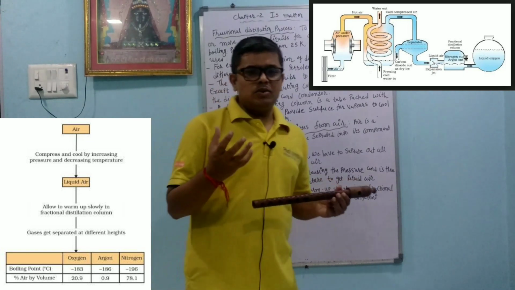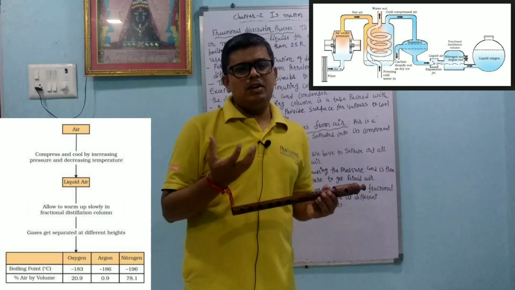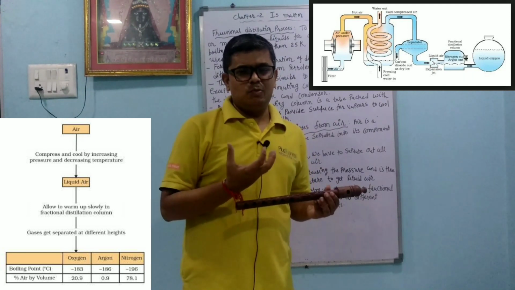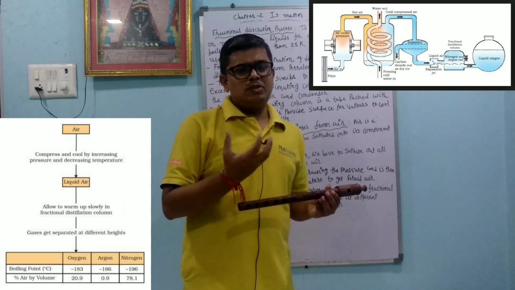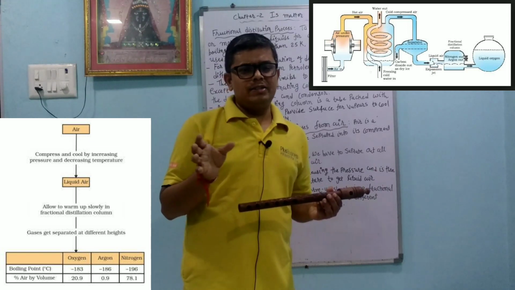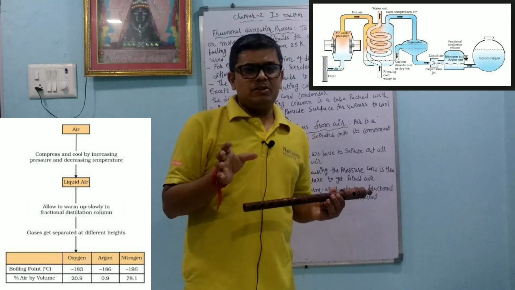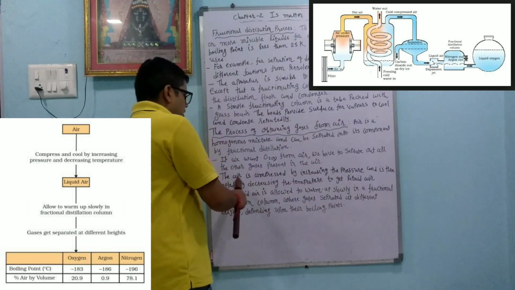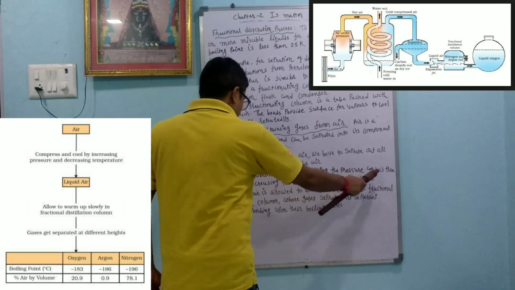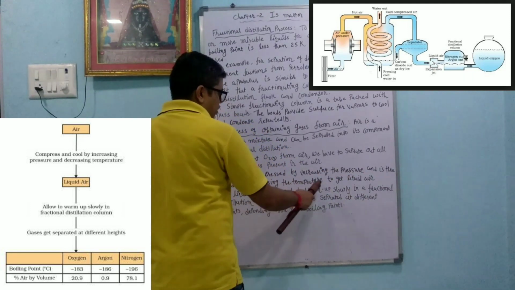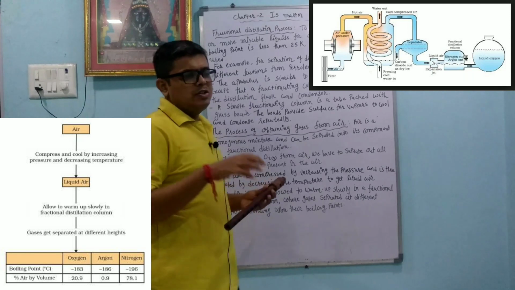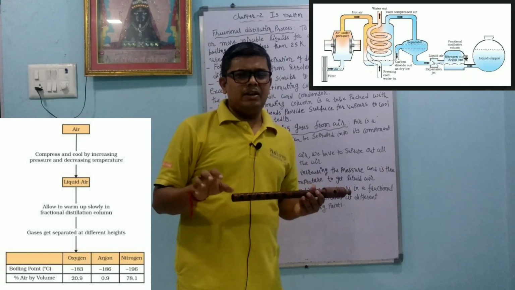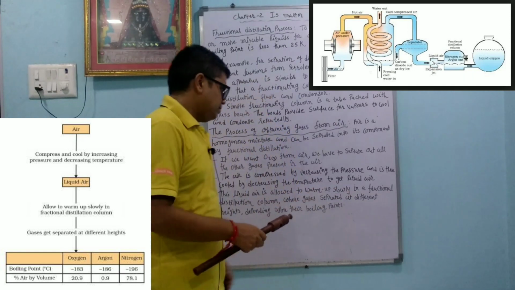Now dear student, we need oxygen gas so much. Why do we need oxygen? Because we know that on a ventilator we need oxygen gas in more amount. So whenever we need oxygen, at that time we have to remove all the other gases by the fractional distillation method, and we will preserve the oxygen gas only. The air is compressed by increasing the pressure and is then cooled by decreasing the temperature to get liquid air. So initially what happened? We increase the pressure and decrease the temperature, and like that we can convert the air into liquid form.